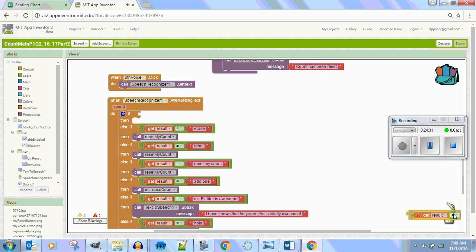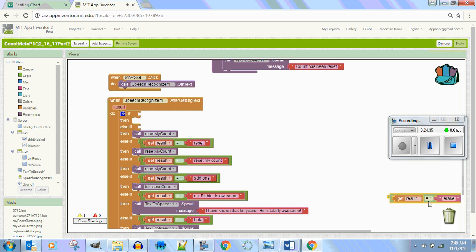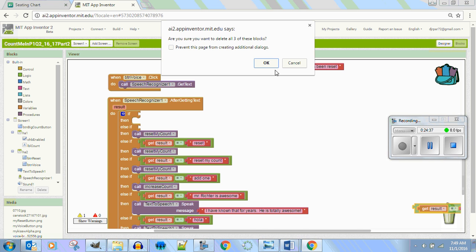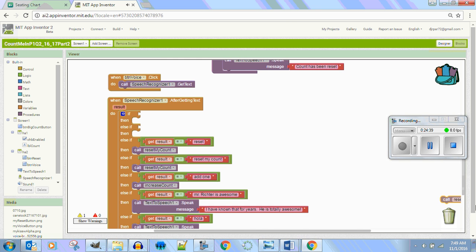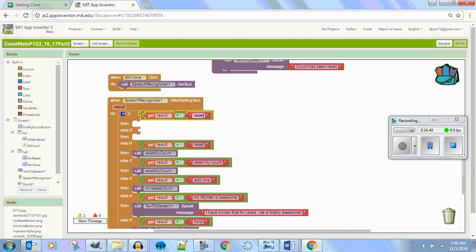I don't think we need all these. Okay, so let's go up here. I don't think we need erase either, because that doesn't really make sense with resetting. Okay, but we'll keep reset, and then I'll just use these 2 spaces up here. So let's go ahead and copy and paste this, put it up here, and what happens if they say